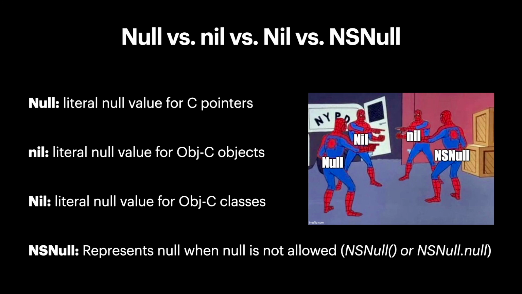Don't worry. Aside from that, we have lowercase nil. This is the one that I'm sure you're most familiar with. This is just for Objective-C objects and in turn Swift objects. This is our literal null value. For capital Nil, this is for Objective-C classes. So whenever you're dealing with JSON decoding and you have to put in, I don't know, String.self, what if you wanted to do Nil.self? Now, I don't know why you'd want to do that, but Swift leaves us with that option just because.